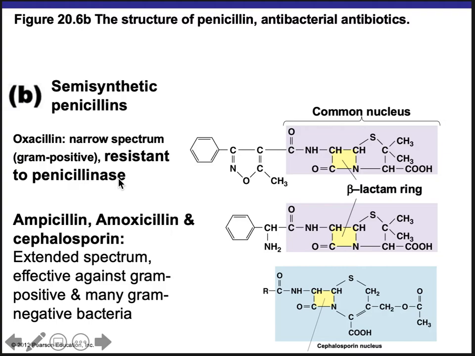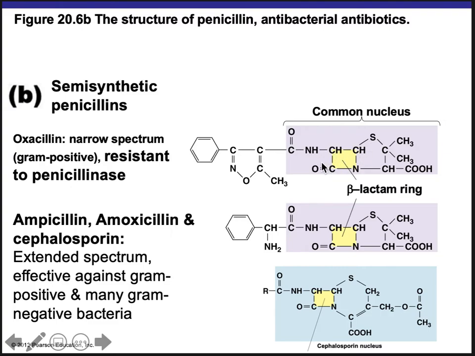So beta-lactam is the ring, and -ase would be an enzyme that destroys the ring. So what's happened is once we introduced these beta-lactams to bacteria to fight bacterial infections, some bacteria were able to make an enzyme to destroy it, and there began antibacterial resistance. Okay, so then we in turn tried to make a different version of the drug that the bacterial enzyme would not be able to destroy.